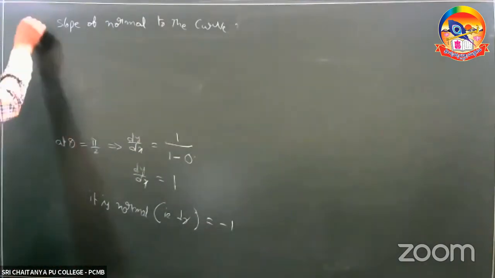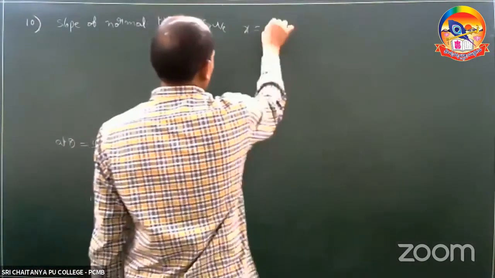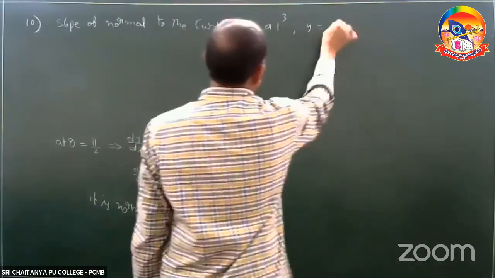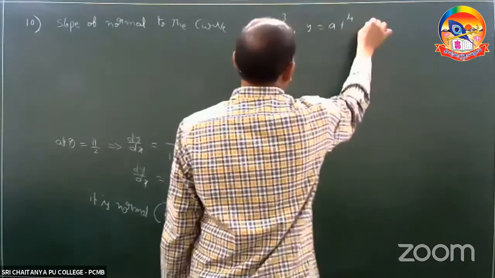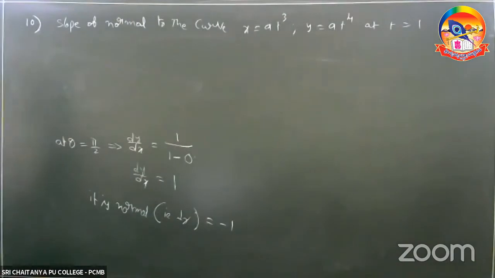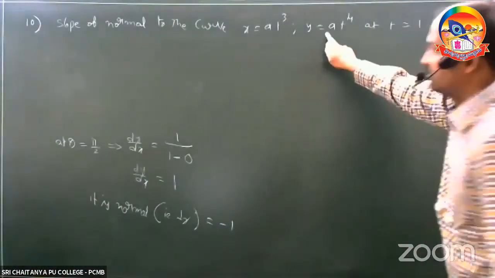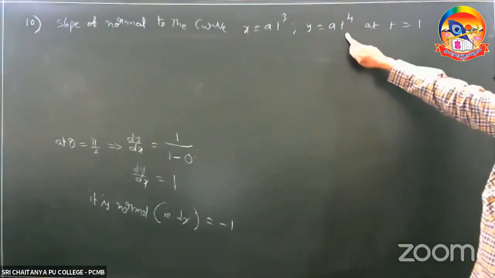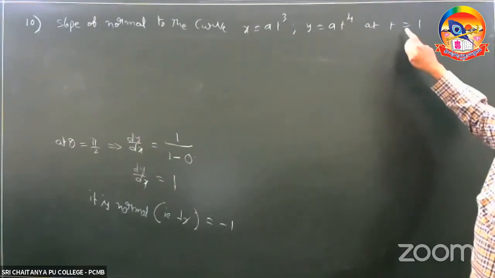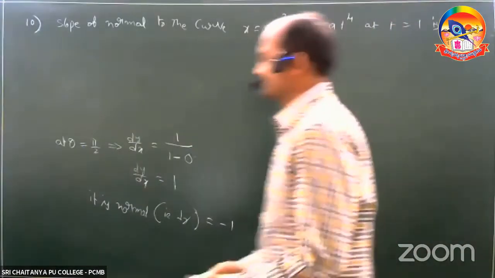The slope of normal to the curve x is equal to a t power 3, comma y is equal to a t power 4 at t is equal to 1 is